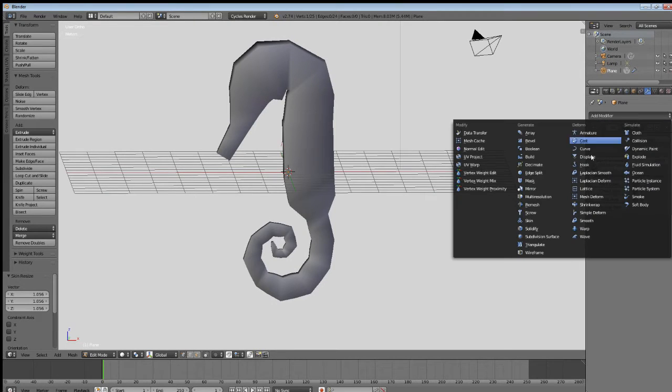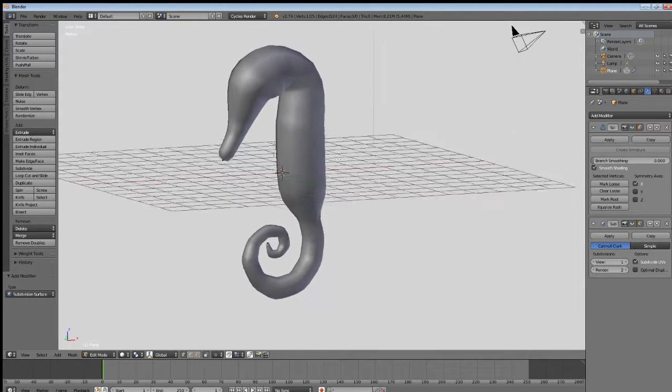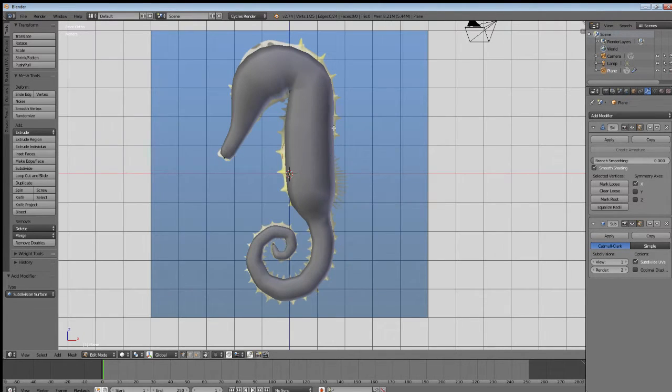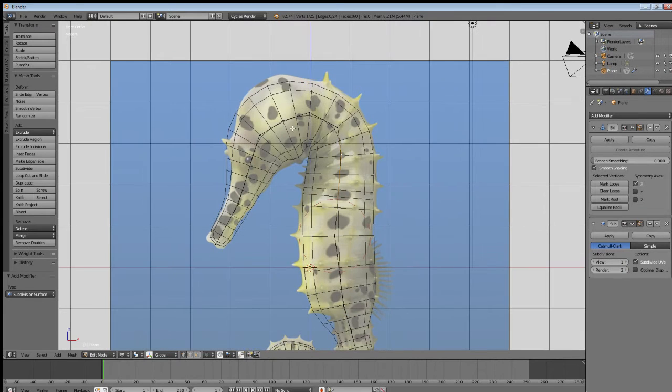Let's even further that by going and doing a Subdivision Surface modifier. So now we've smoothed it out pretty considerably. And it actually lets us go back in just a little bit and kind of resize things. So now that we have our subsurf, we can really kind of see where we have sizing issues. So I'm just kind of moving vertices around a little bit, trying to get it as close as I can. It's not going to be perfect because this is